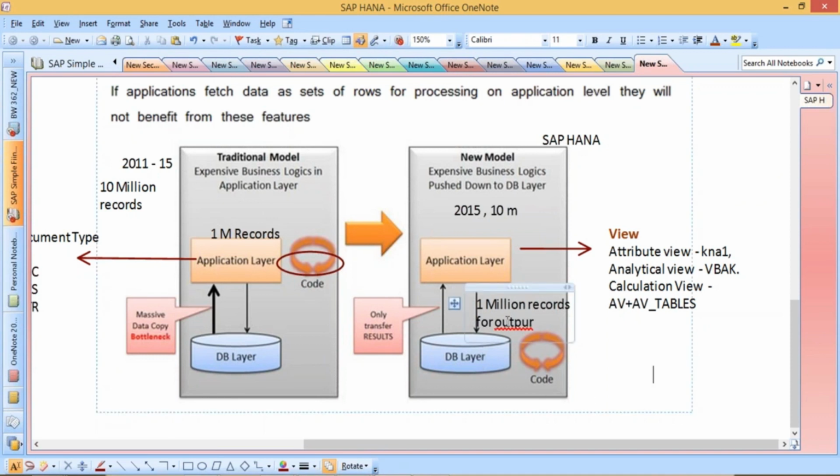Right? That means whatever logic we write in the database layer, by default all that logic will be filtered in the database layer, and only 1 million records will be sent from the database layer to the application layer. So only the transformed records will move from the database layer to the application layer. But in the traditional model, all 10 million records are moved from the database layer